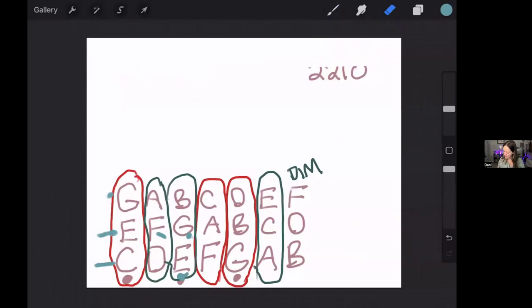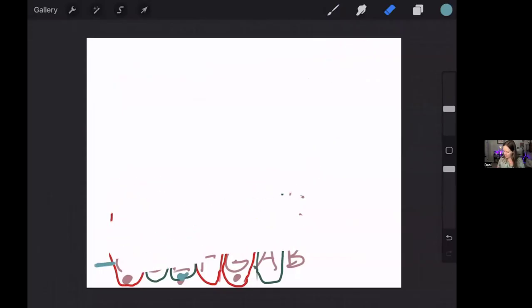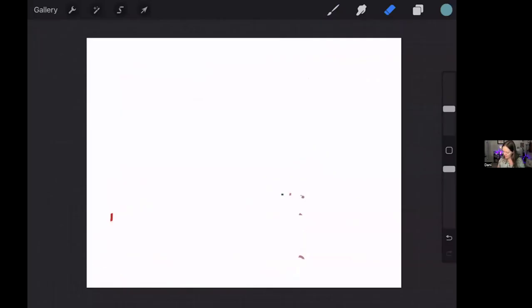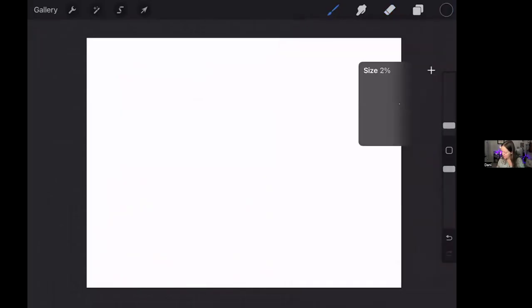I want to start again. But first I want to show you how to harmonize all the way up the C scale. So let me do this. Make sure I'm in a layer. Okay, we're going to go